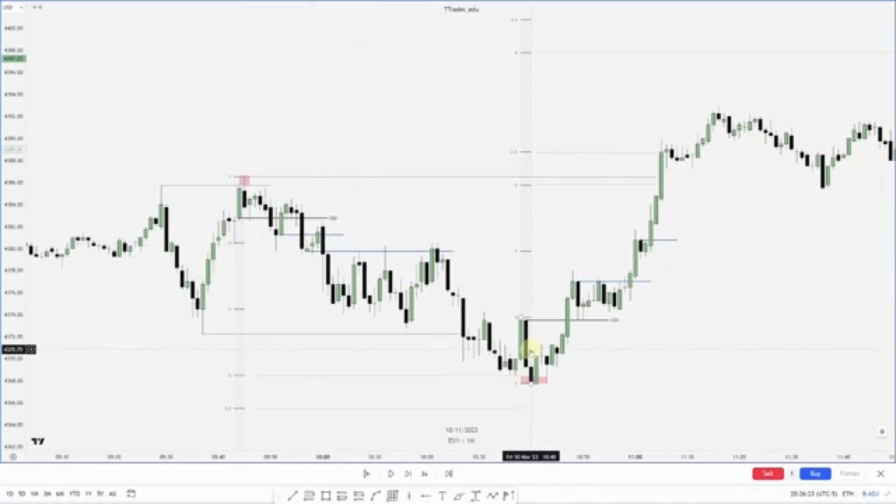And then the same thing on the other side over here, we have manipulation. Once that is confirmed by changing the state of delivery, I can then look for an entry on the order block or fair value gap as price reaches higher to these projection targets and liquidity levels. The last thing we're going